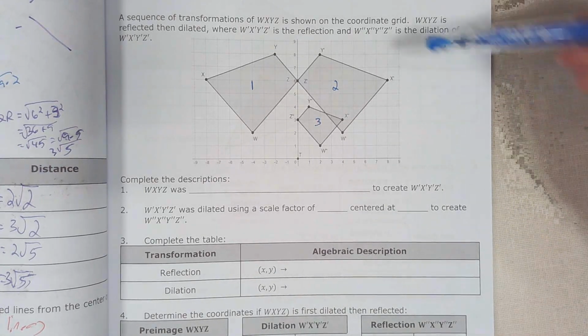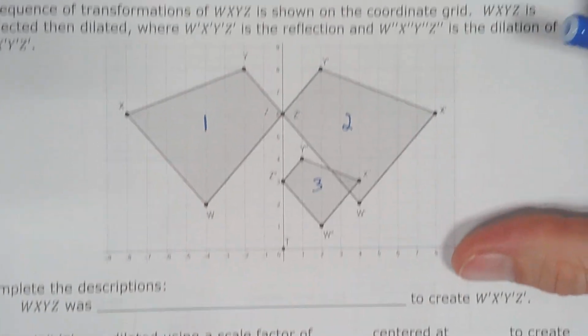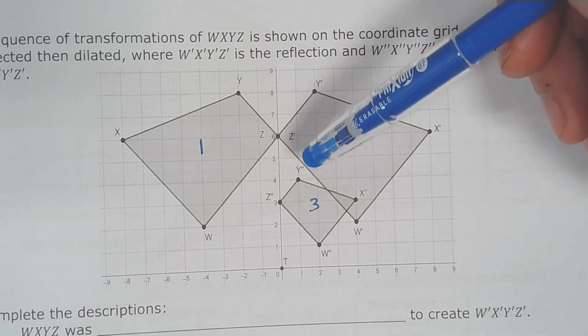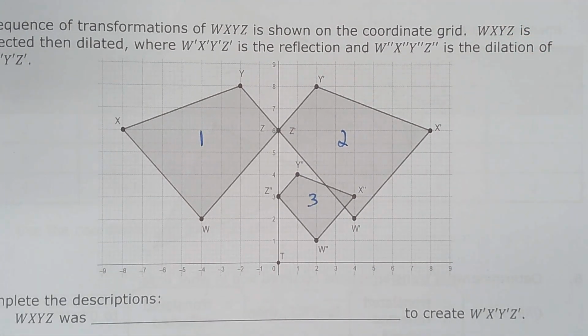Okay, and you can tell because of the single prime. Maybe zoom in a little, you can see it better. So you can see it's no prime, then a single prime, and then a double prime. All right, so how can we figure out, without the use of patty paper here,